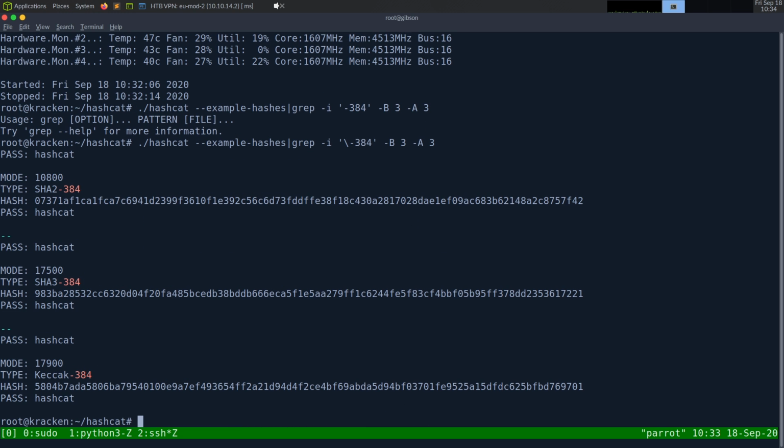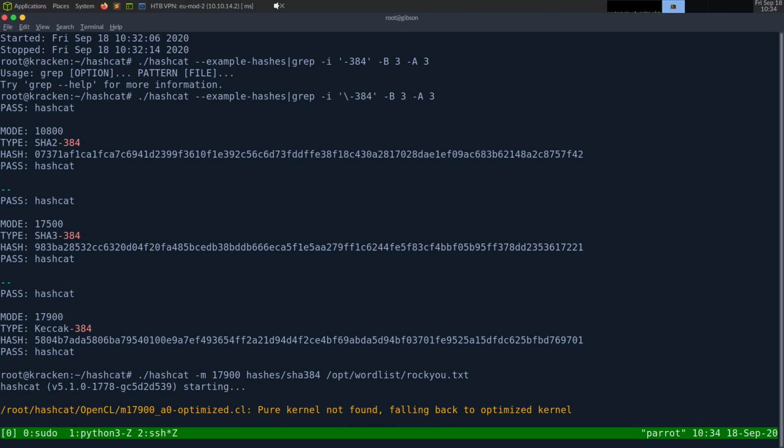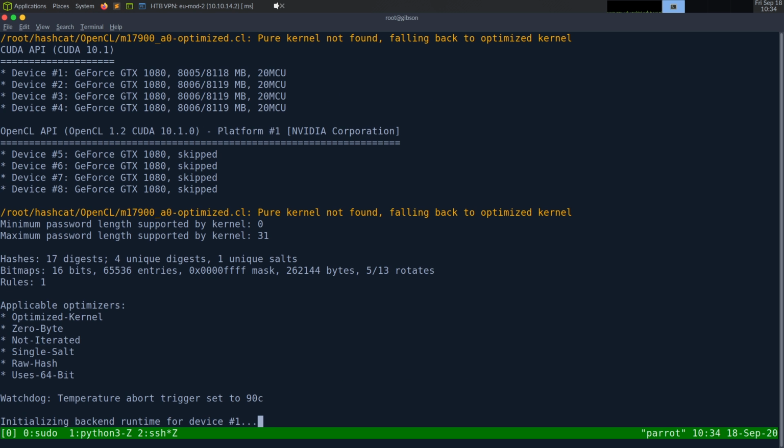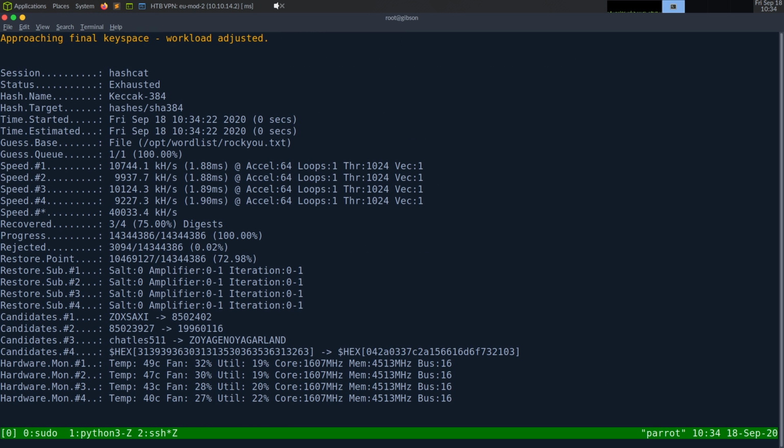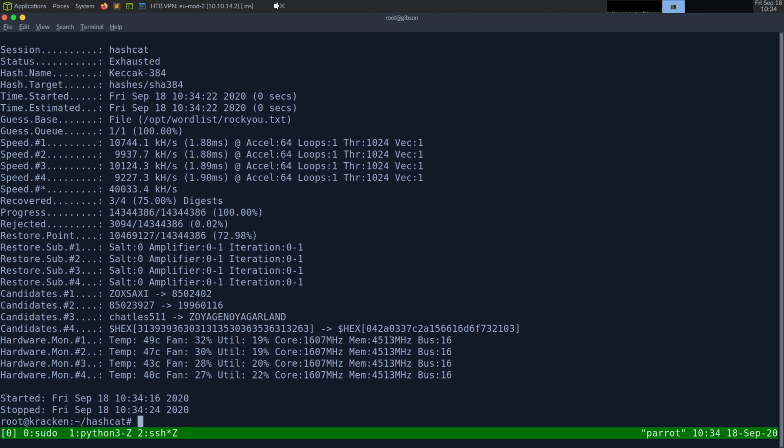And I guess there's 17900. These are all looking like 96 characters in length. So let's do 17900 and see if this works. And if we can't find a hash, then we'll start using rules, but it looks like we just cracked 3